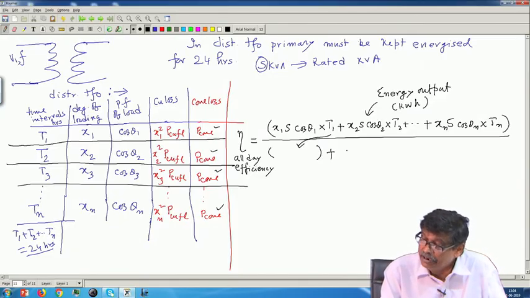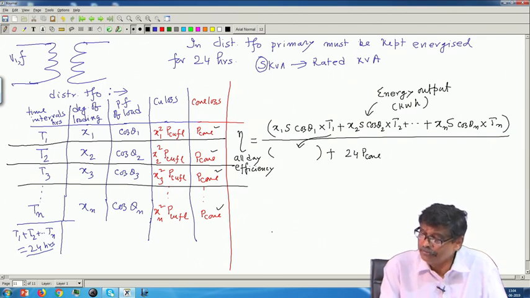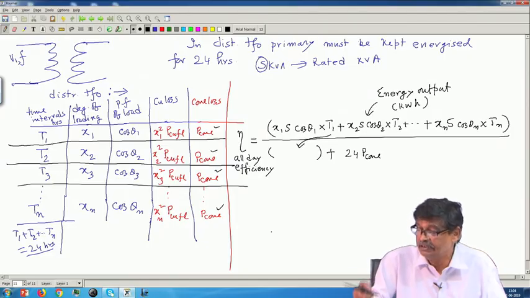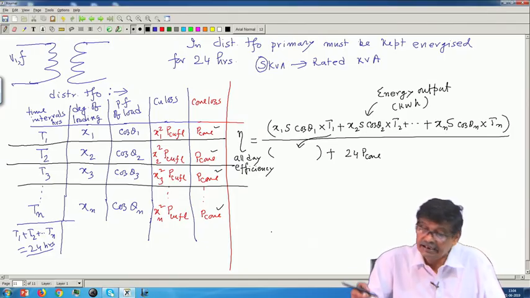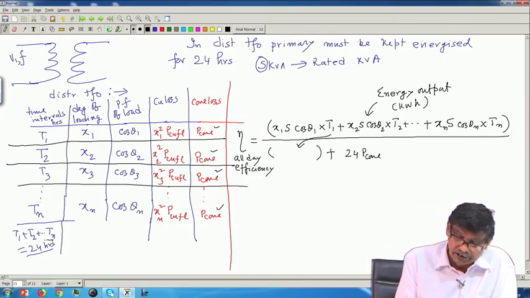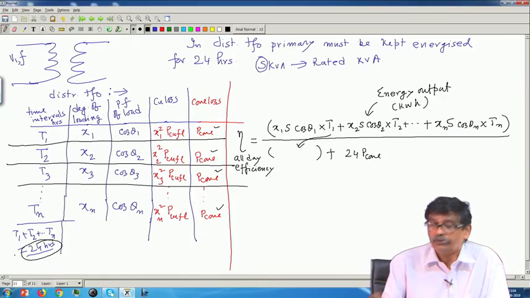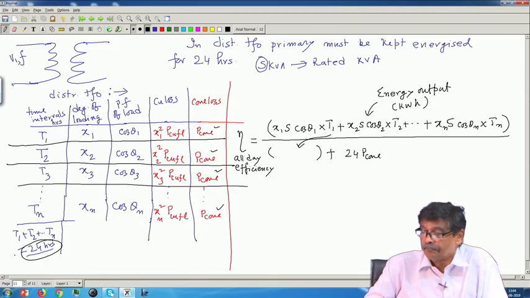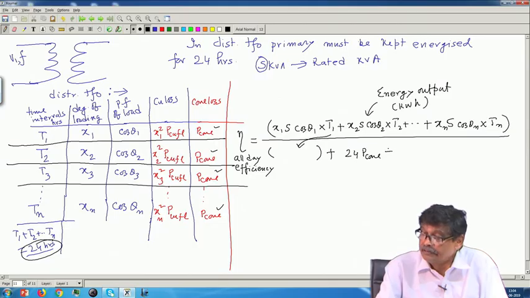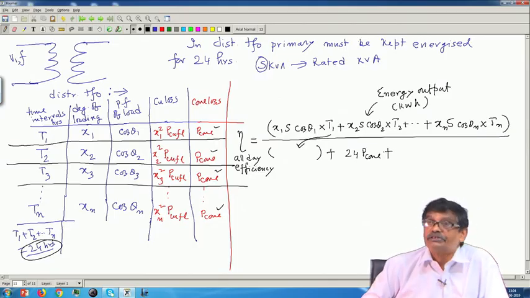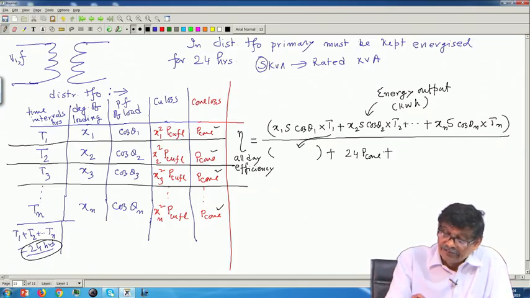So, it will be 24 into P core. How does this 24 come? It is in fact T1 plus T2 plus T3 plus Tn into P core, but that thing is 24. So, 24 into P core kilowatt hour